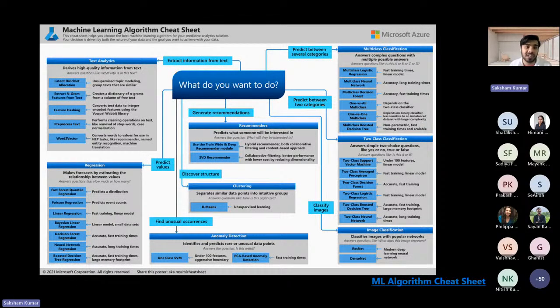You can see the cheat sheet of what it is able to do. It can do text analytics and multiple kinds of regression, if you want to extract information. If you want to find unusual occurrences, where something suddenly happens, you can try anomaly detection. We have PCA, and support vector machines, SVMs. To discover the structure of the data, we have k-means. We have recommendation, generative models, predicting categories with decision trees or classification, predicting between several categories, and classifying images.